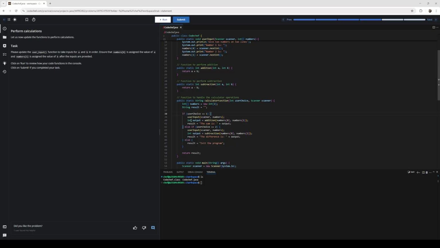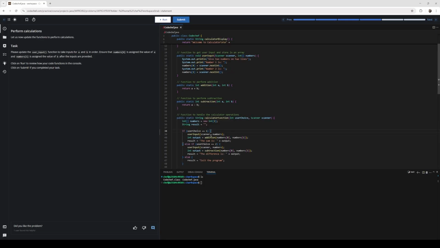Now we're going to initialize an output variable which is going to store the result of this particular function. Now over here we are going to be calling the addition method because the user choice is 1, that is the user wants to perform addition, and we're going to store that output from that particular method in this variable. And as you can see over here, we have given the first element and the second element of an array as an input to this function. And finally, the result string which I had defined before, which was empty, we're going to change it to result equal to "the sum is",